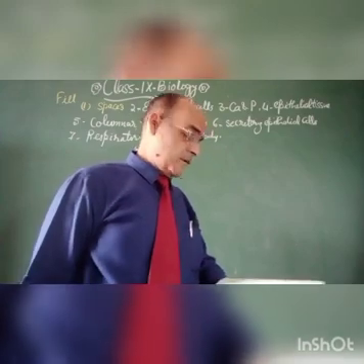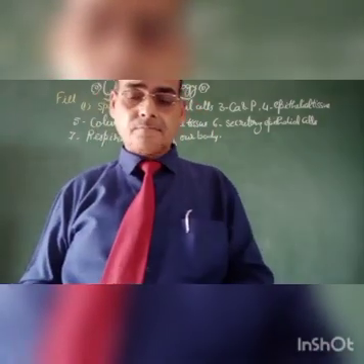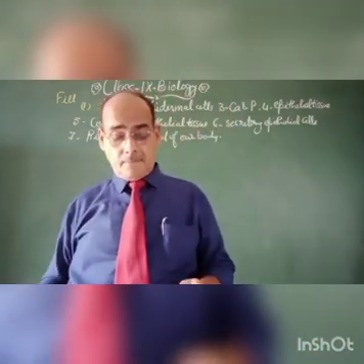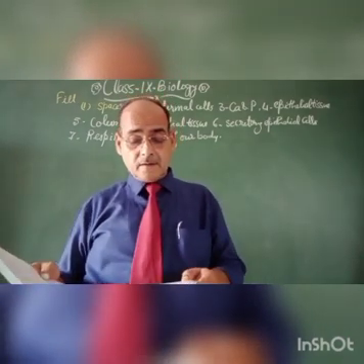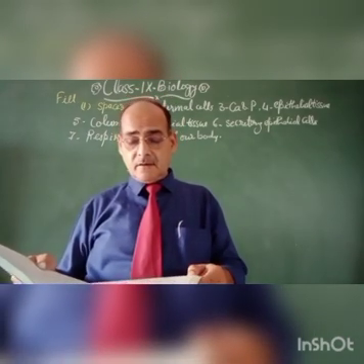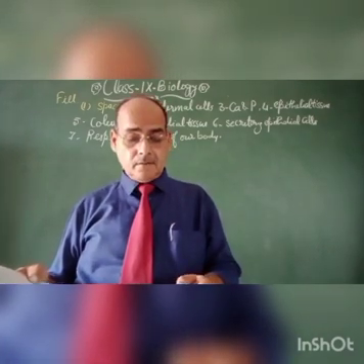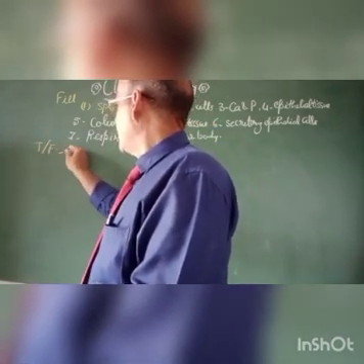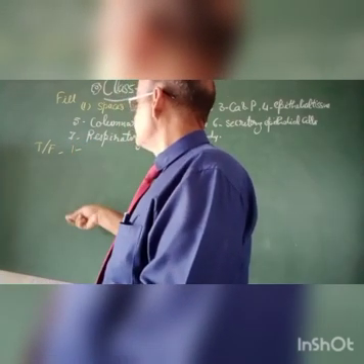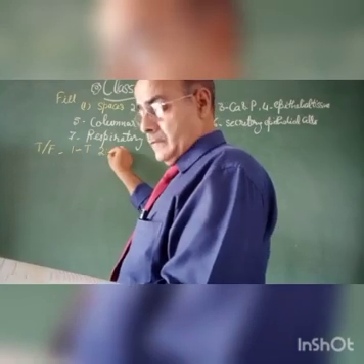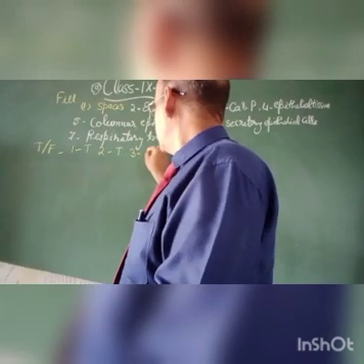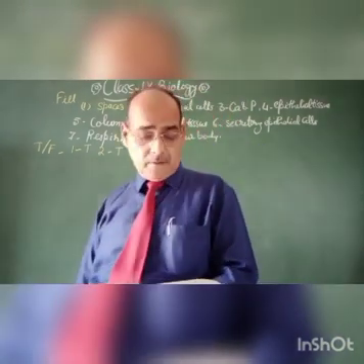Now come to the true false section that is given in your book. Meristematic tissue is dividing tissue present in the growing region of the plant. This is true. So 1 is true. Now come to T and F. In this, 1 true, 2 true, 3 true. How does it go?